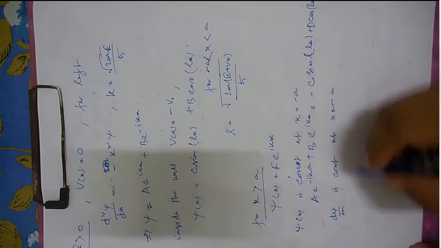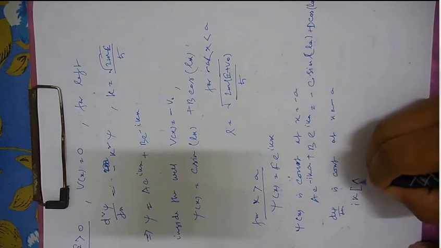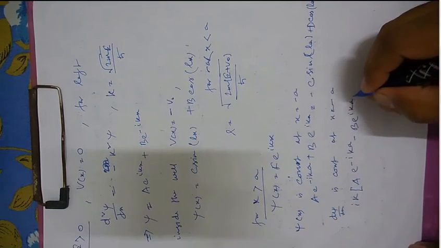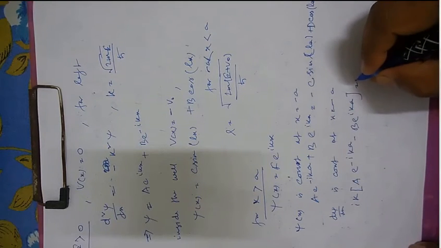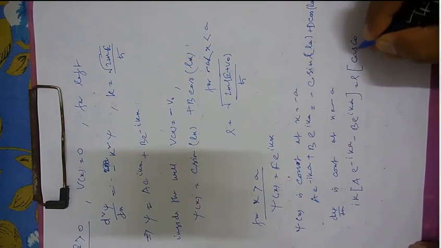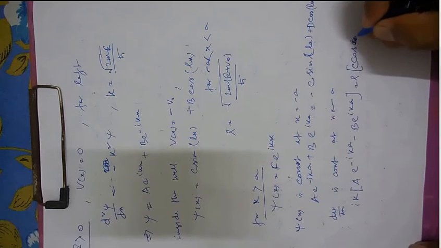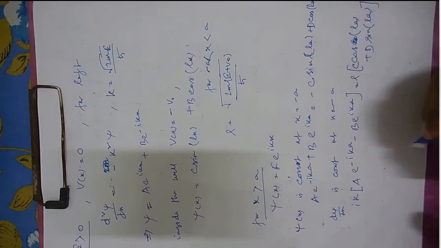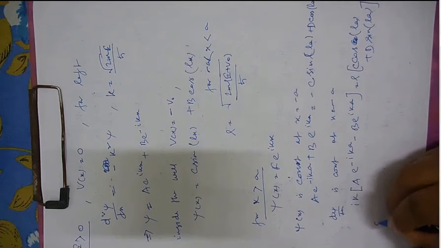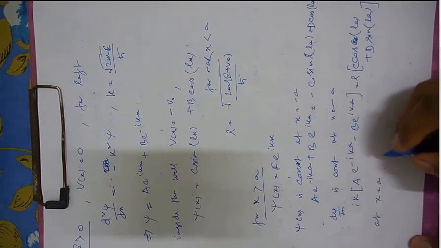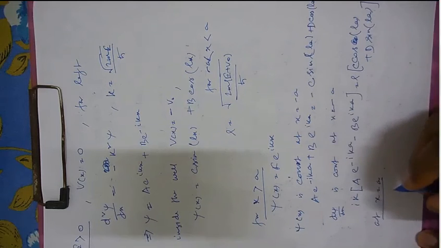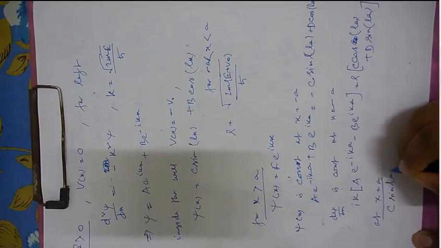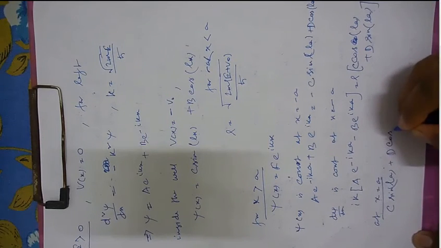Similarly, you will find ik a exponential minus ika minus b exponential ika equals l c cos la plus d sin la, and also at x equals a, applying the same boundary conditions, you will get c sin la plus d cos la